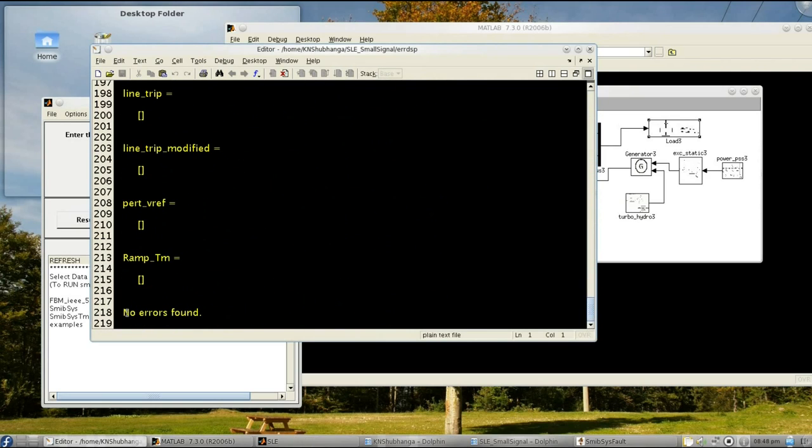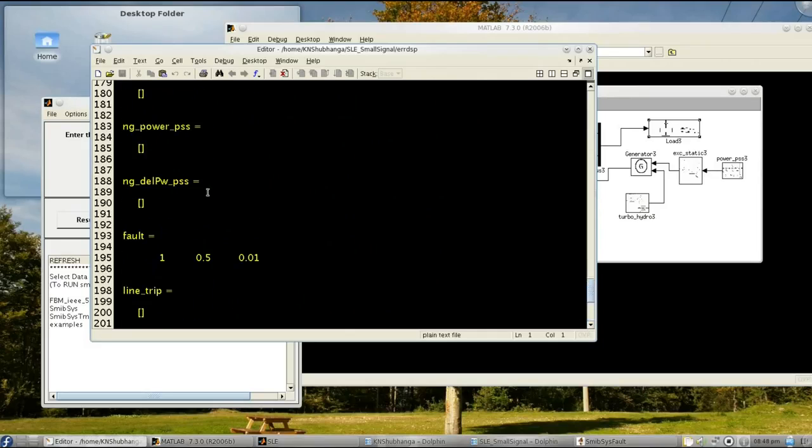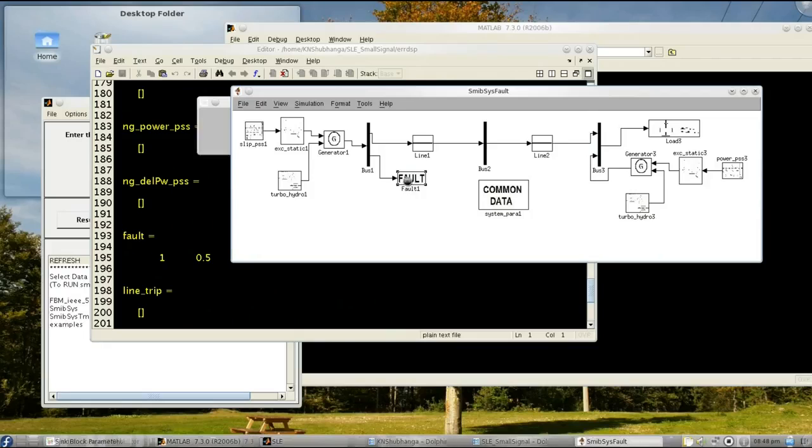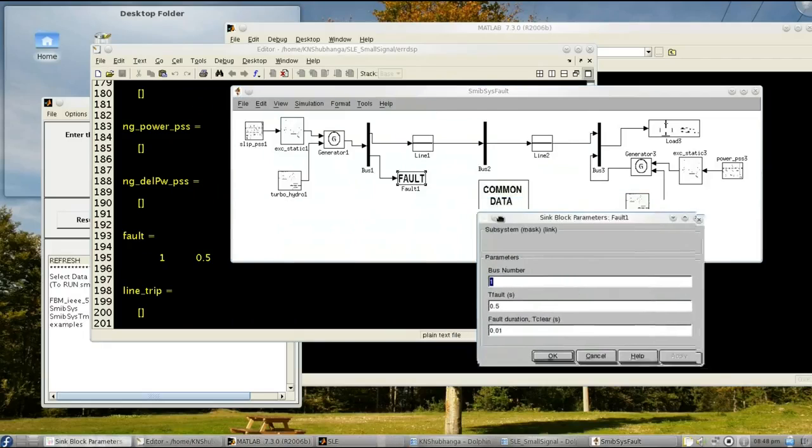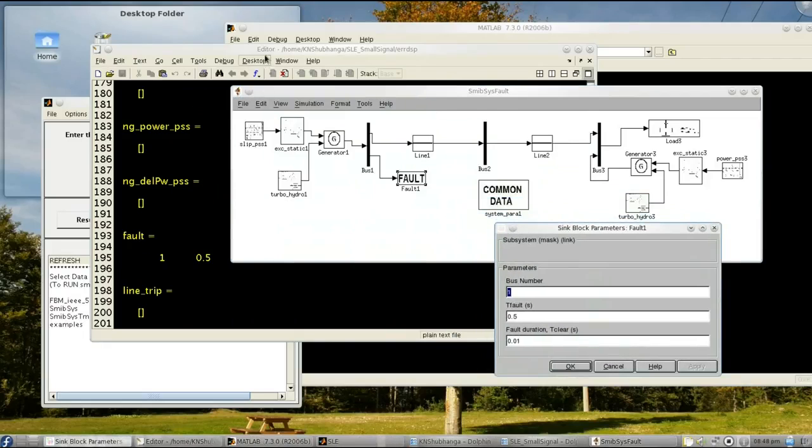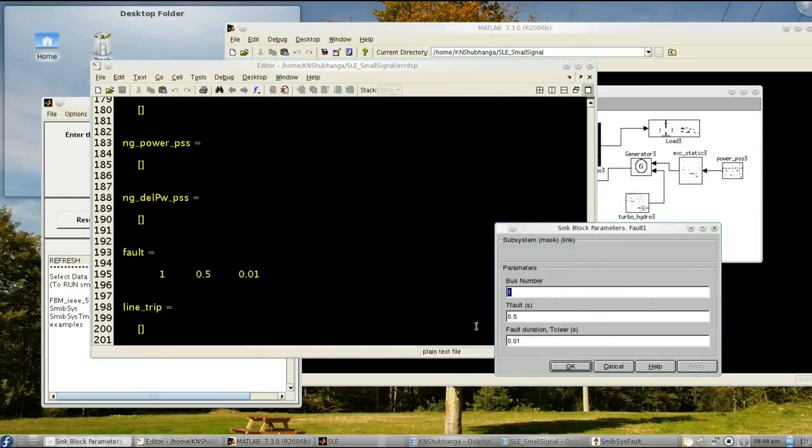No error message appears. So the parameters in the fault block comprise three settings, that is the application of the fault in bus number, the initiation of the fault, and the span of the fault.